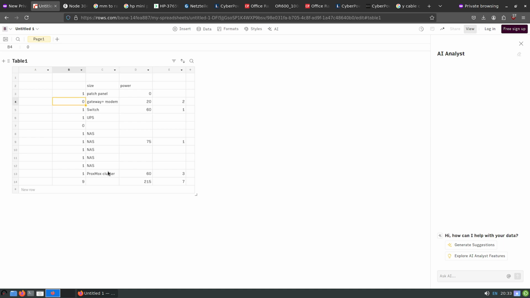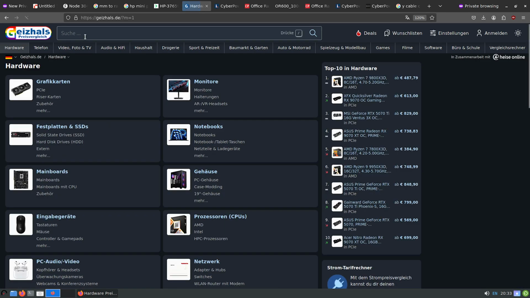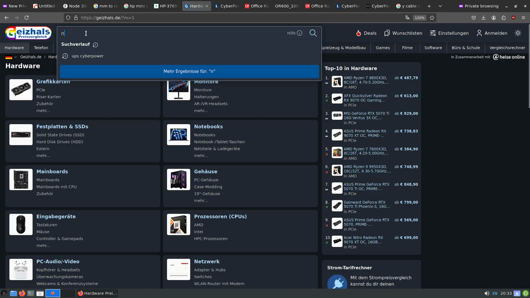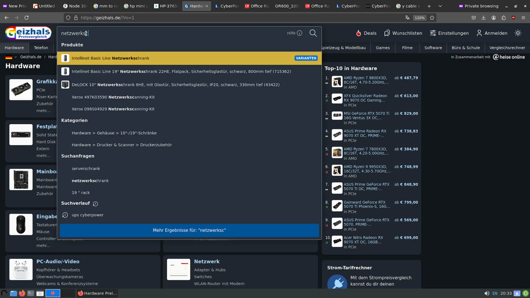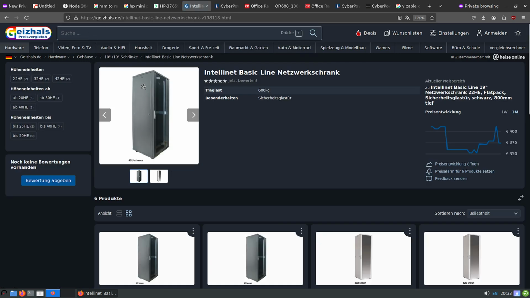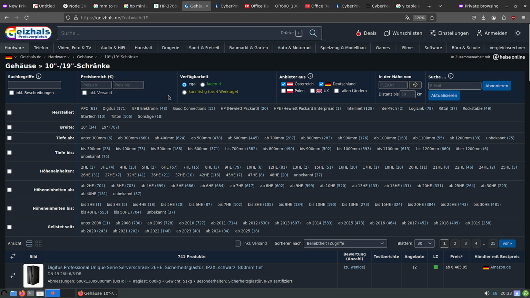So 9, still I think 12 is a good size rack. It's a network cabinet, which is literally 10 to 19,